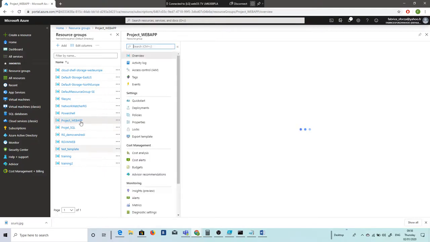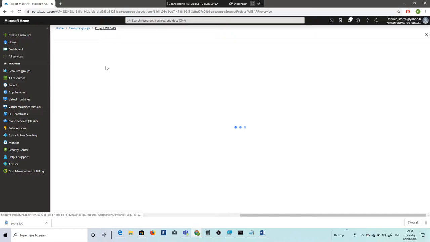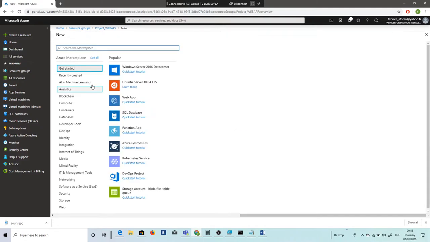So when I go in my project web app, I'm going to create a new VM. I'm going to click add, and we'll see after how to do it in PowerShell. This will be the next module. I will choose directly a VM, but this VM will be a Linux one. I'm going to choose an Ubuntu one, and we'll see how to connect to this VM directly by SSH. So let's go to compute, and I can directly use Ubuntu Server. This one will be better. So I'm using Ubuntu Server,